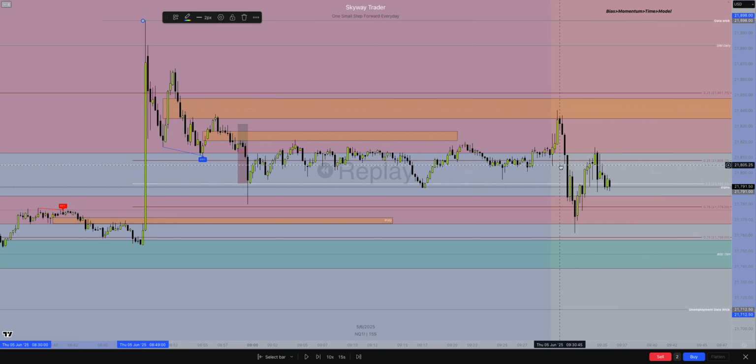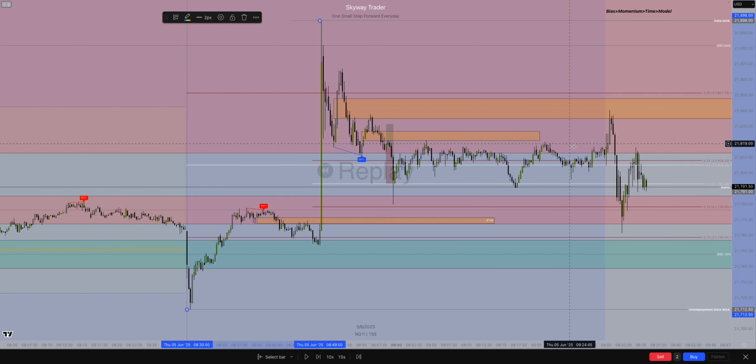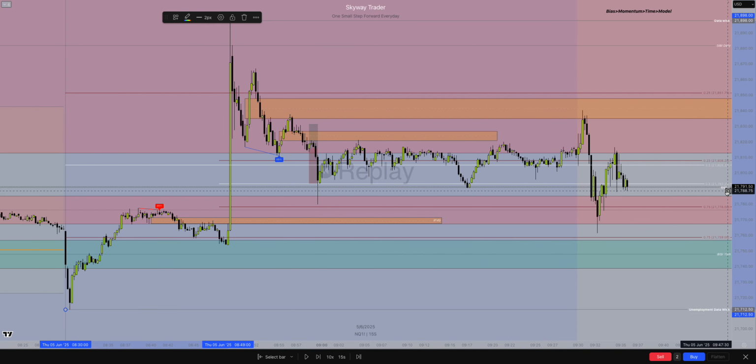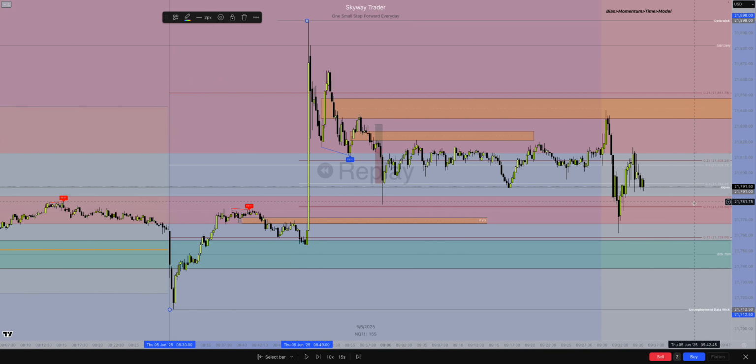We do see an inverse back up from this level here, which proved as support earlier. So this could have thrown me off. But again, what we're looking for at this point is basically some definitive liquidity to be taken. This is liquidity. This is liquidity. So one of those two needs to be hit for me to be 100% certain that, okay, now we're going to go the other way.